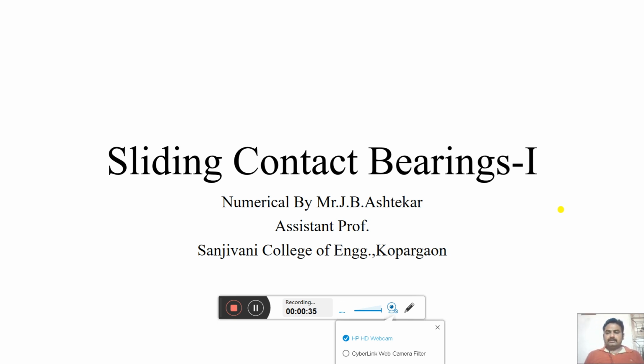In that, they have already explained the theory behind the hydrodynamic journal bearing, or we can say sliding contact bearing. It is the 6th unit of your DMA2, and that carries weightage for numerical as well as theory. If we go through the previous question papers, we will come to know that theory and numericals are asked for 12 marks directly. So we will come to know how important this topic is, the numerical part of the sliding